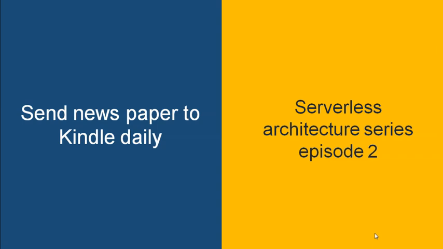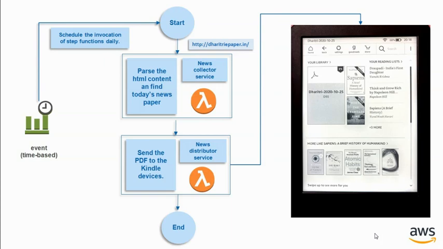This provoked me to come up with this architecture, which I'm going to explain right now, that helped me actually achieve the same thing. On a daily basis now, I'm scheduling that action. Every day morning at 7 a.m. I'm getting that newspaper. So let's look at that architecture now. This is the architecture. As you can see, on the left hand side, it is the scheduler which schedules the action on a daily basis, and currently it will send the PDF to my Kindle device every day at 7 o'clock in the morning.